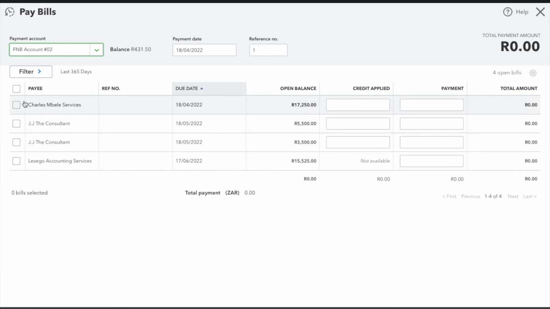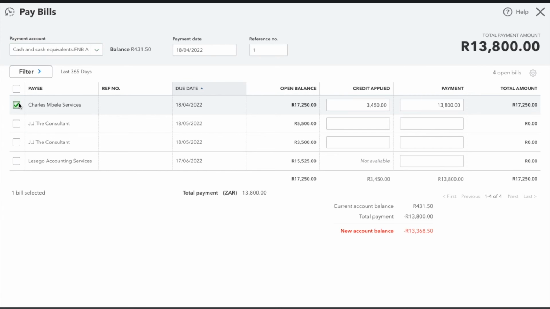The balance is looking very shocking, but I will correct all of these. So I'm gonna pay Charles. I've got a credit facility on this account, so don't worry when it's in the red. I've got a credit facility. There's an overdraft. So I'm paying Charles his money, and the reference would be,